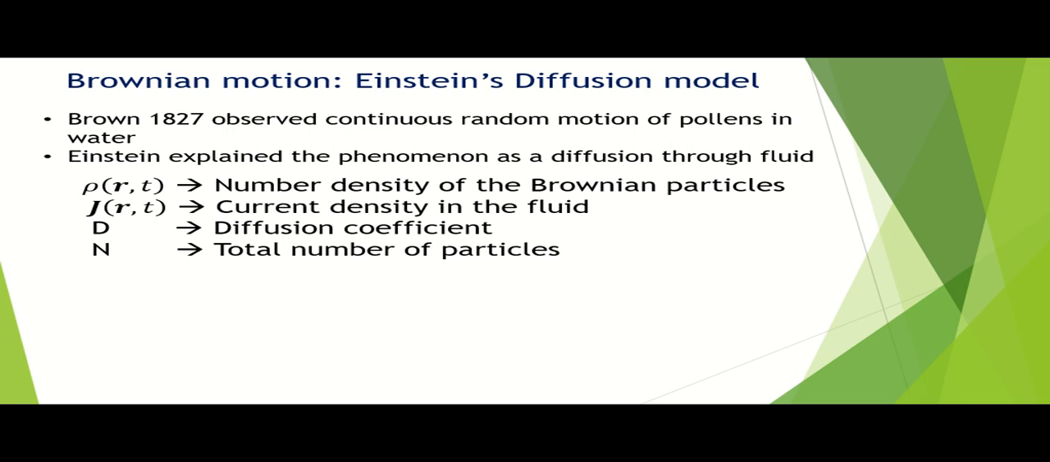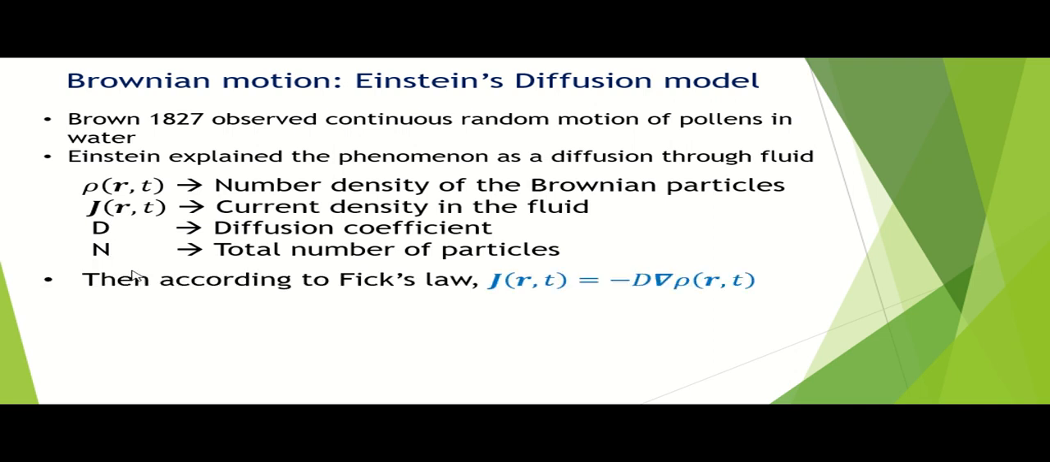Then we define the current density of these particles in the fluid. Basically it is the number of particles moving per unit time, or the net transport of particles within a given cross section in unit time. That again depends on where your unit cross section is taken, and at what time. Then we have D as our diffusion coefficient, and N as the total number of particles in the fluid. So let's write down the well-known Fick's law of diffusion: